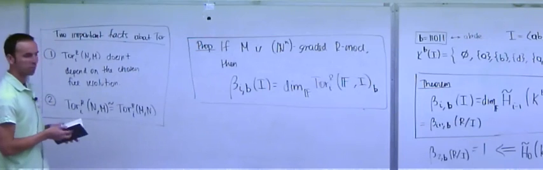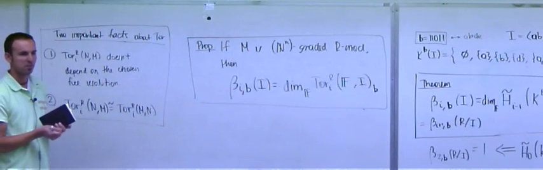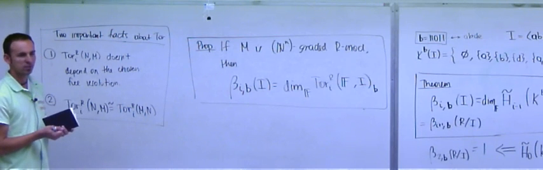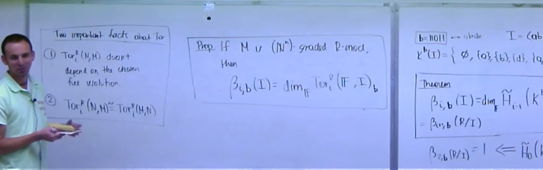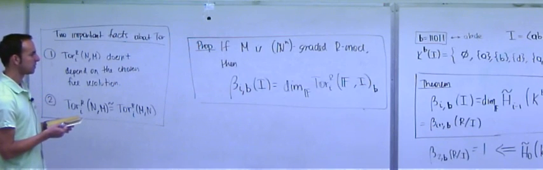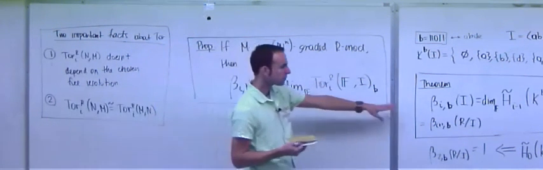Now this is a lot of symbols, and when you're done parsing what the symbols mean, you'll see that actually the statement is not a very difficult one. This is almost true by definition. The thing is that there are a lot of definitions here. But so our plan for proving this theorem is that first I'm going to